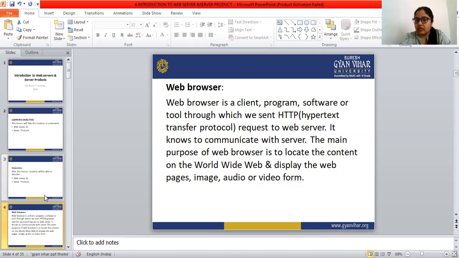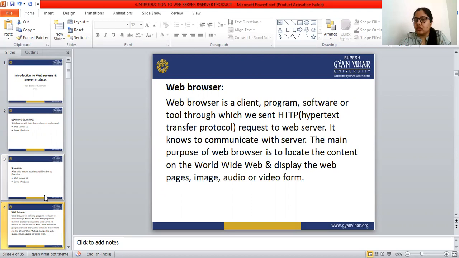That client is us, and the program or software is the tool through which we send the HTTP request to the web server, and it knows how to communicate with the server. The main purpose of the web browser is to locate content on the World Wide Web and display web pages, images, audio, and video.